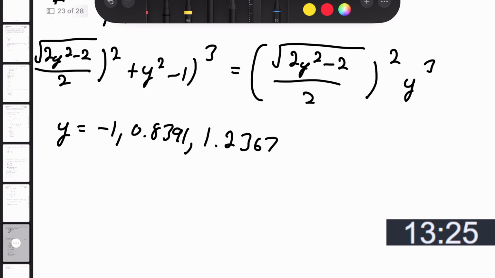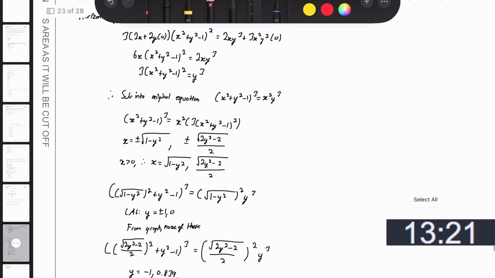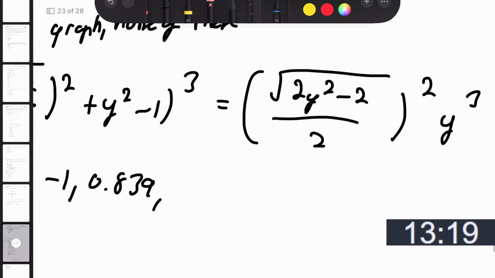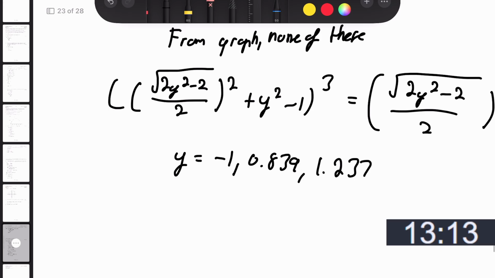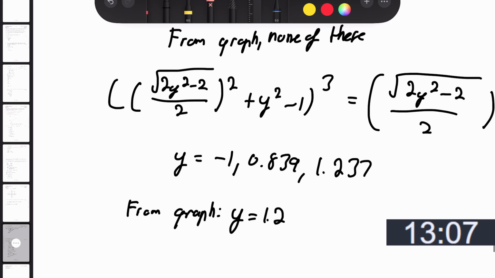Sorry, it only wants 3 decimal places, I think. So this is 1.237. Graph. 1.237. Therefore, x is equal to